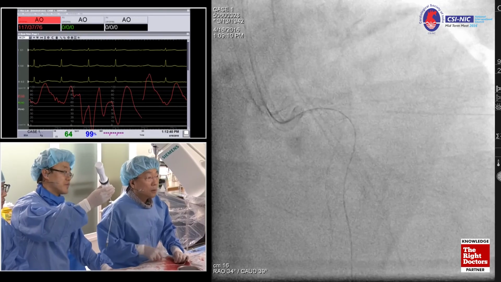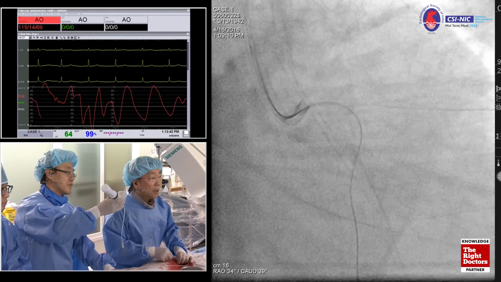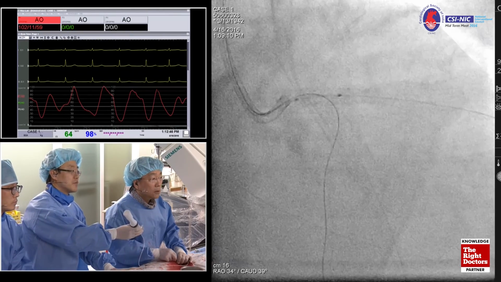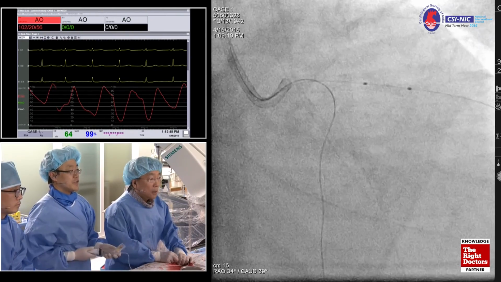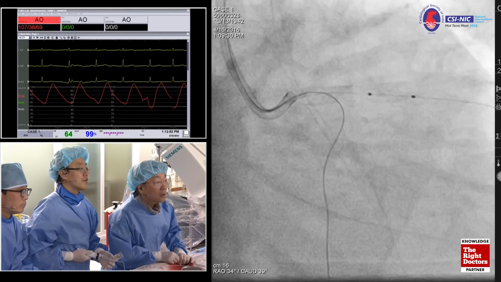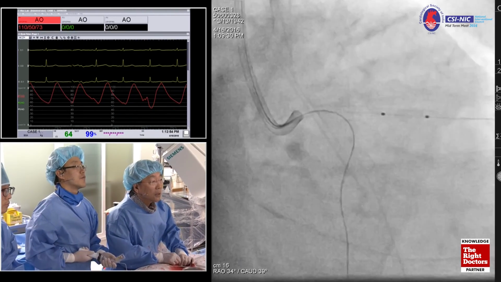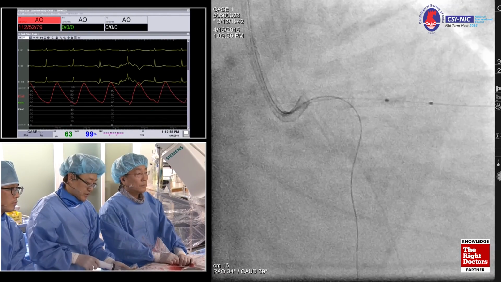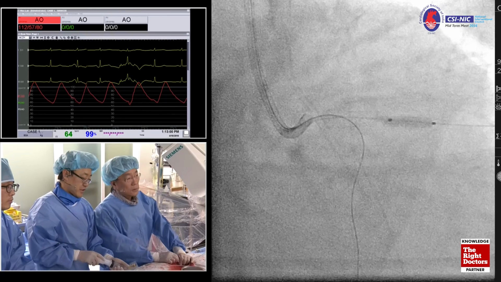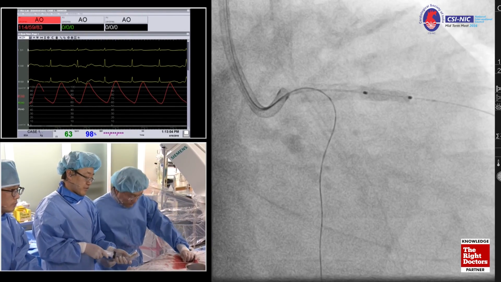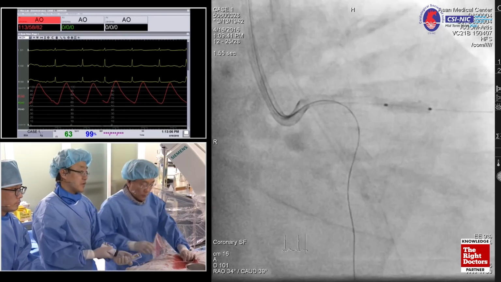So we can clearly see the LAD stenotic lesion. Okay, here we are. This is the 2.75. I just want to see where the balloon is. Okay, we can clearly see that here. Okay, nominal inflate. 6, nominal 6. 6, 7, 8, 8. Just 8. 2.75, right? Yes. Okay, so deflate.